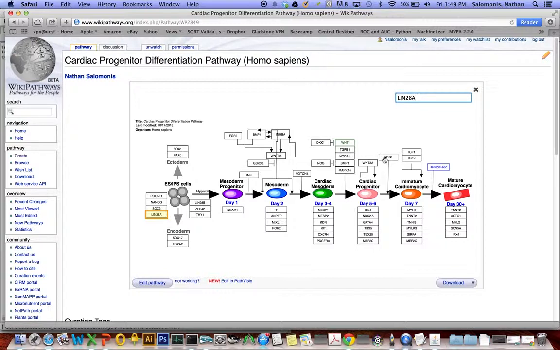But we'll try to explore the utilities of pathways like this in the future in additional tutorials. But for now, that's it. Thank you for listening, and look forward to seeing your pathways on